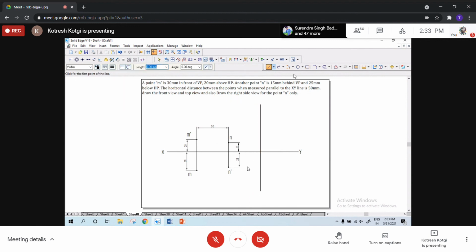Okay. Now I should place RPP. Where should I place it? So this is only for N, okay? RPP, because they have asked the right side view of N. Should I place it here or here? Above XY line or below